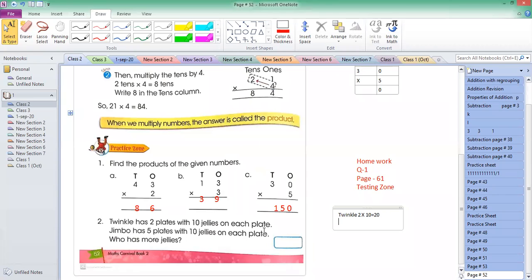Now for Jimbo. Jimbo has 5 plates with 10 jellies. Jimbo is having 5 plates, and every plate is having 10 jellies. 5 multiplied by 10 equals, you know it. I taught you, whenever you multiply any number by 10, just write the number and on the right side add 0. So Jimbo is having 50 jellies in total, and Twinkle is having 20 jellies in total. So who has more jellies? The answer will be